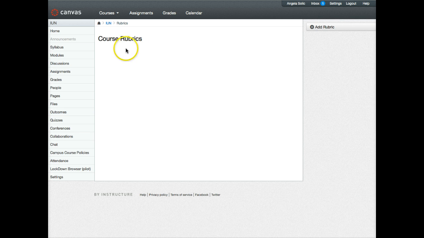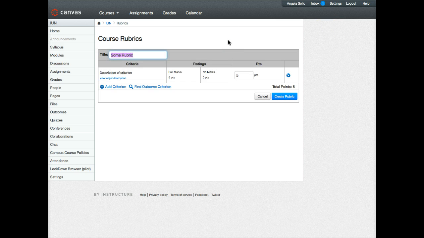Your course will probably look like mine. There aren't any rubrics here to be used. So I'm going to create one. And that rubric is going to be called Discussion Participation. This is going to be my discussion rubric. And by default, Canvas rubrics are 5 points, and they only have this section right here, which is probably not